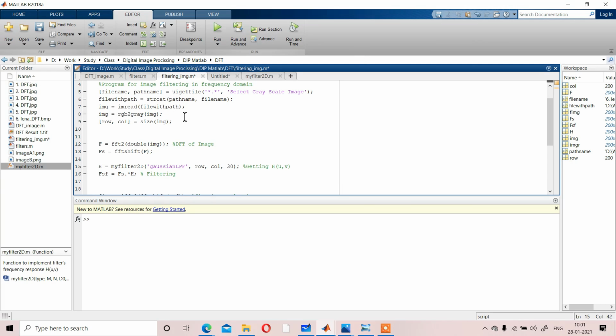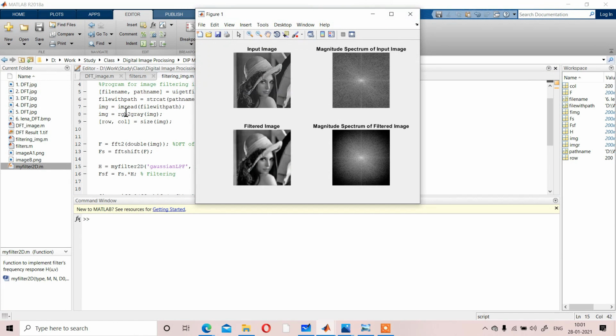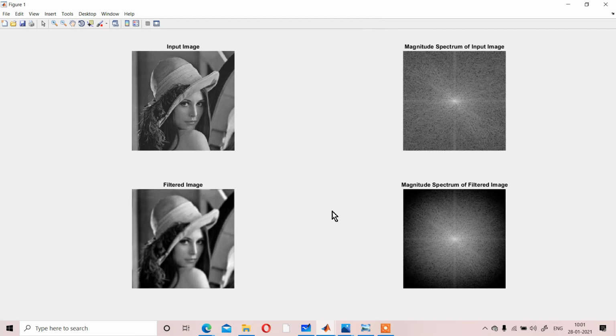Consider, suppose, 30 for the same image. The range I considered is 30, so the high frequency range is considered like that. You can see the black portions are removed, so those portions are considered the high frequency range.